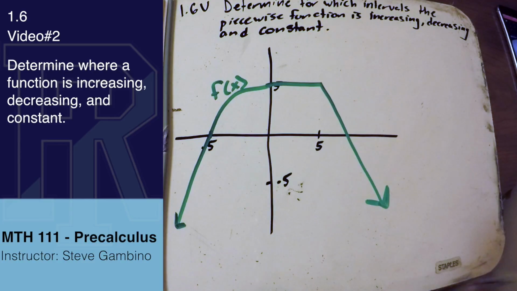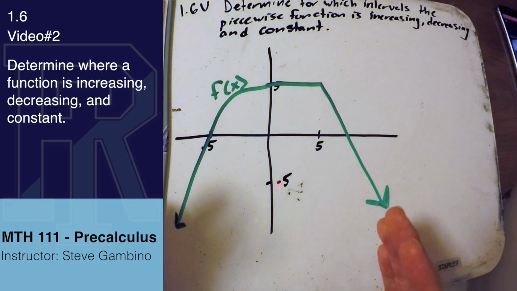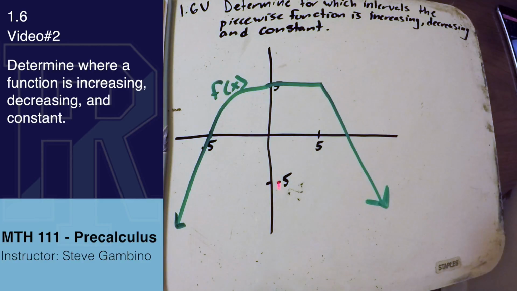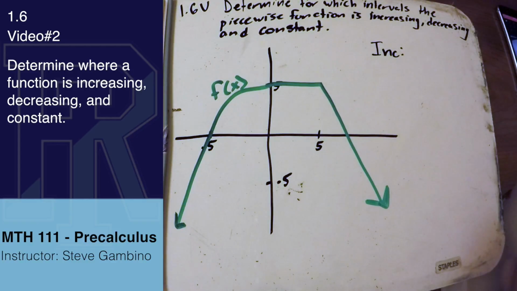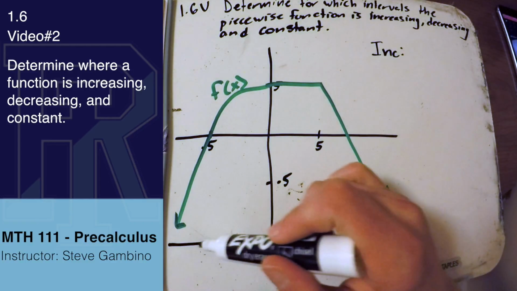And a constant function is really just a function that stays the same, stays constant over some interval from left to right. So we can take a look at this graph and just very visually, without any numbers or any math, we can see when this function is increasing, decreasing, and constant. So for increasing, we can see that going from left to right